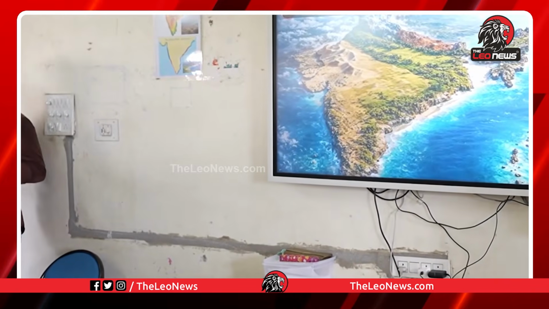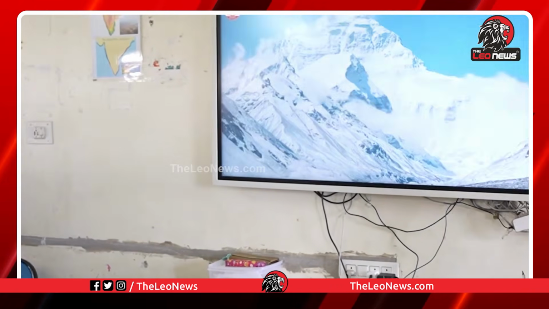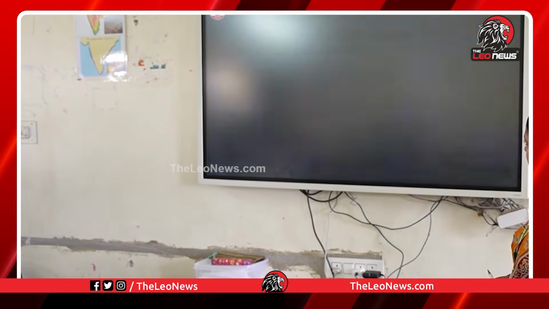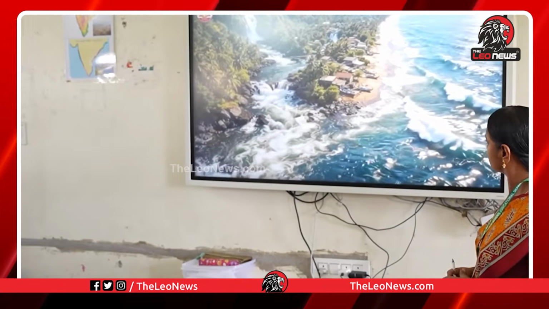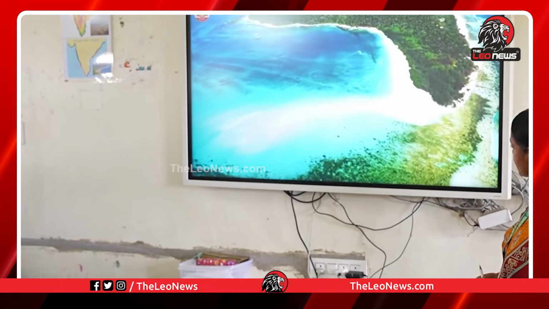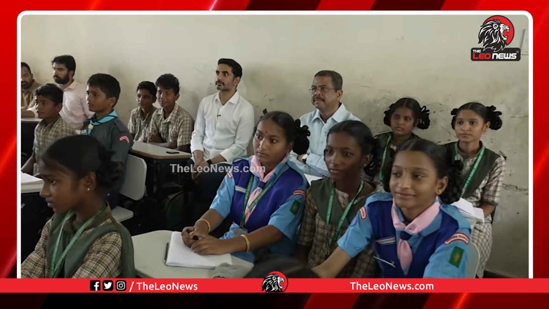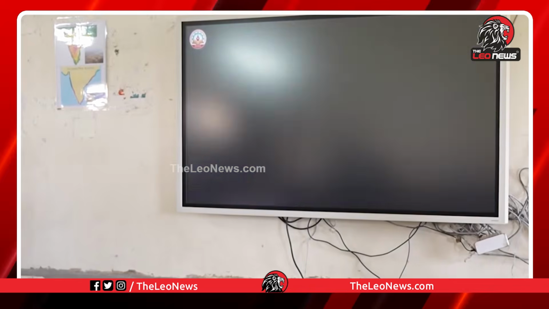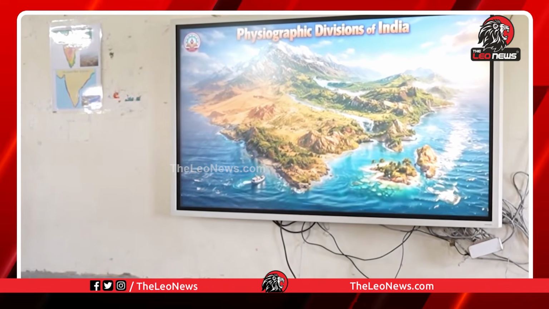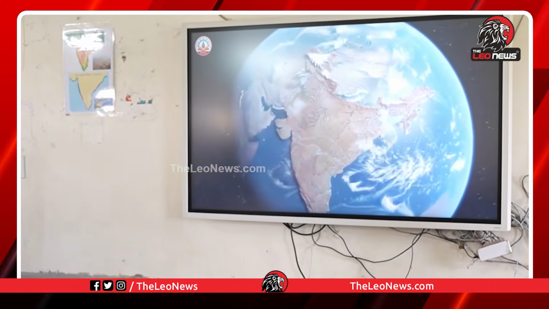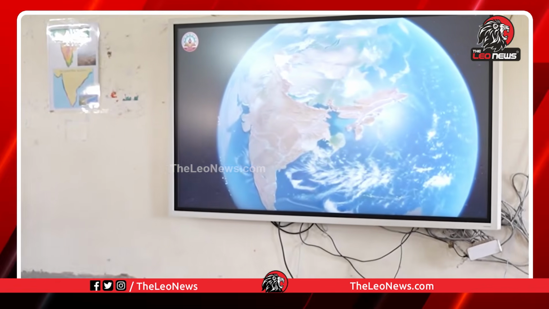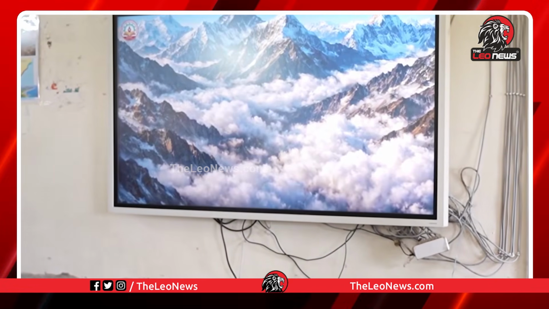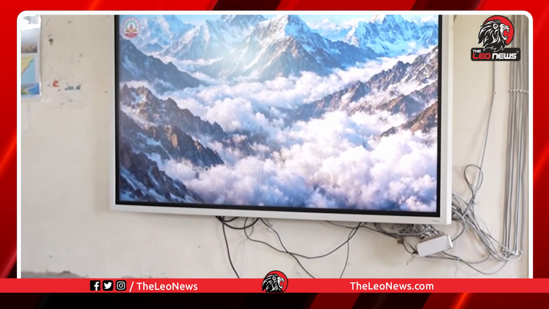India's land is full of contrasts: towering snowy mountains, flat fertile plains, dry deserts, ancient plateaus, long coastlines, and even islands surrounded by seas. But these aren't just random features, they are part of a well-defined structure called the physiographic divisions of India. Let's go on a journey across India to explore how its land has been shaped over millions of years. Let's begin in the north, where the land seems to touch the sky.